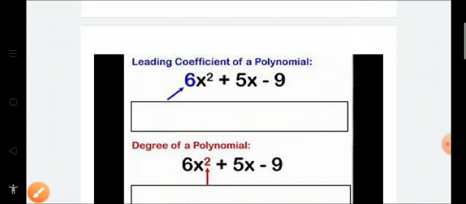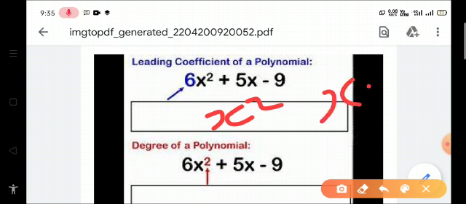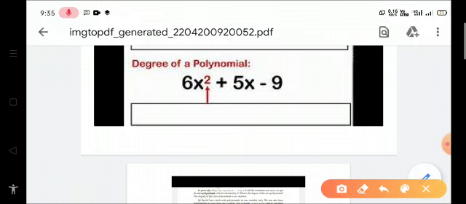See that here the coefficient is made with the help of the chart. The leading coefficient is written. You will find it in your book. See the coefficient of x square; the coefficient will always be of some variable. So here we find the coefficient of x square is equal to 6. The coefficient of x, we write coefficient of x, and it is equal to 5. The next is the degree. Degree is the highest power. Always we write the degree as the highest power. So here the highest power is 2, so the answer will be 2.